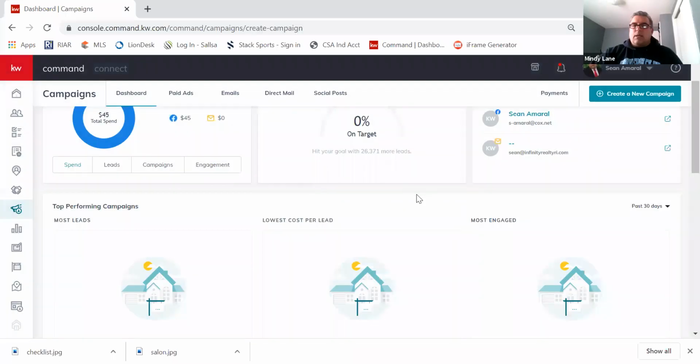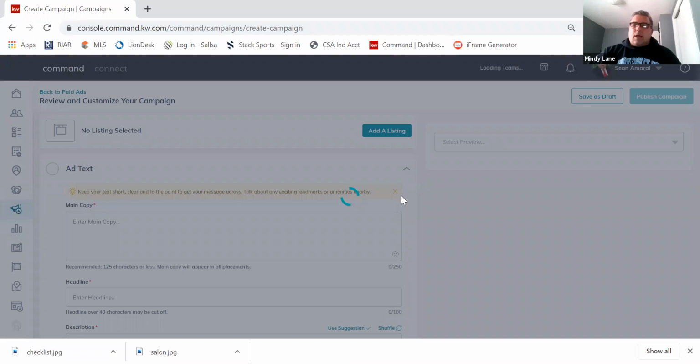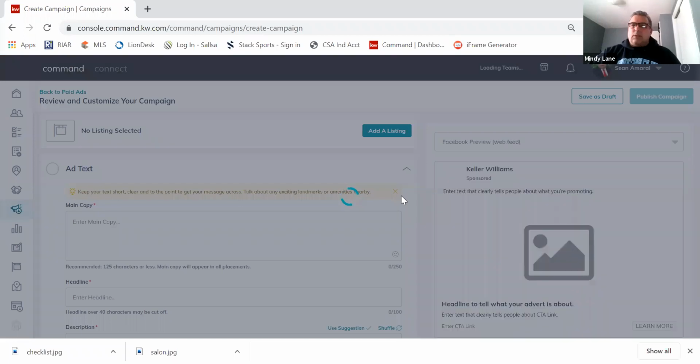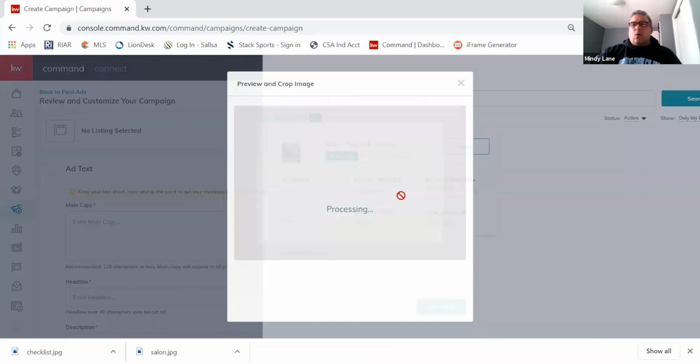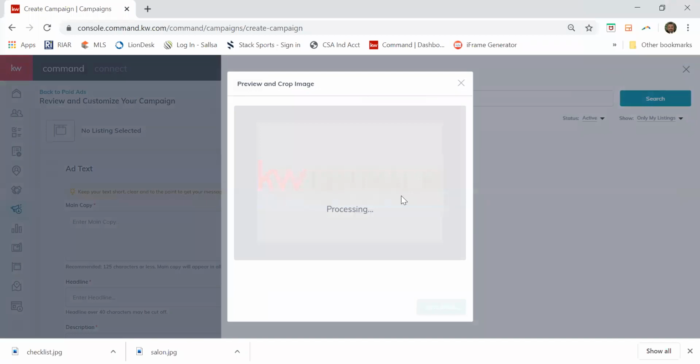Now what's going to happen, it's going to open up the editor for me so I can start to create the actual lead, the ad itself. Because I selected promote a listing, it's going to go by default and grab any listings that I have. So it goes out to KWLS and it grabs,